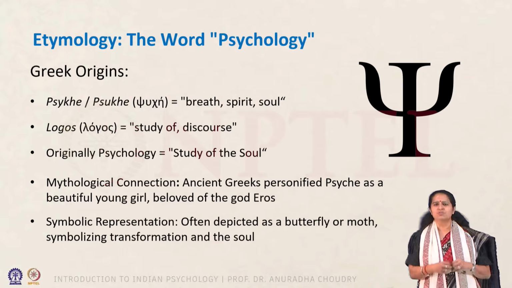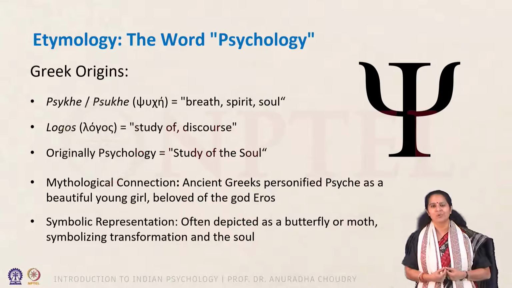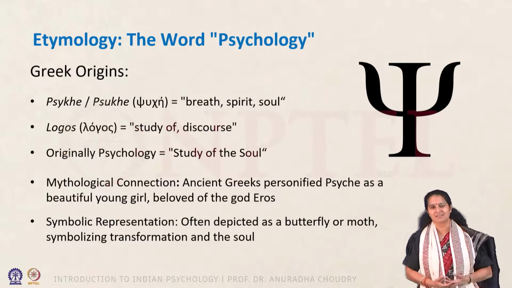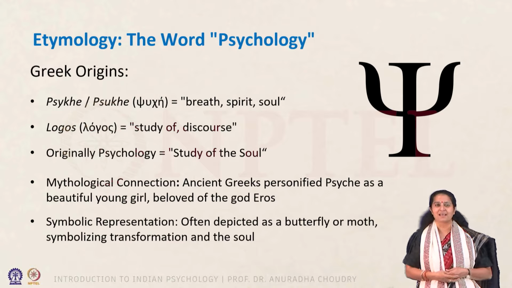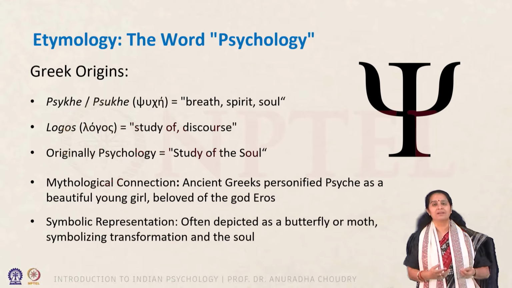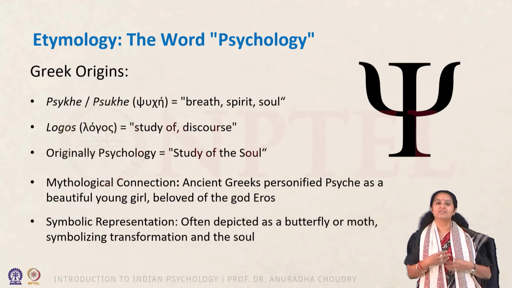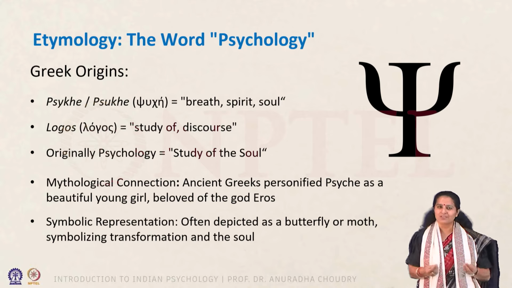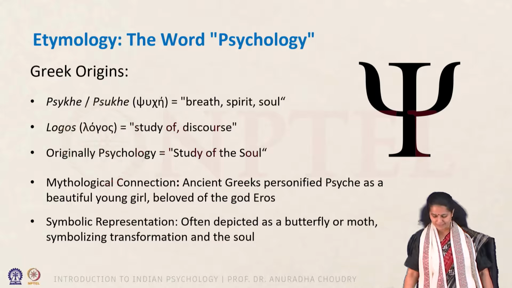So it's also symbolically the story of how the soul goes through the process of life, the challenges of life, the loves, the desires, all of that in order to rediscover itself in its higher form with the object of its love and its divine origins. It is also symbolically represented like a beautiful butterfly or a moth, which symbolizes the transformation of the soul because of the metamorphic nature of the butterfly itself.